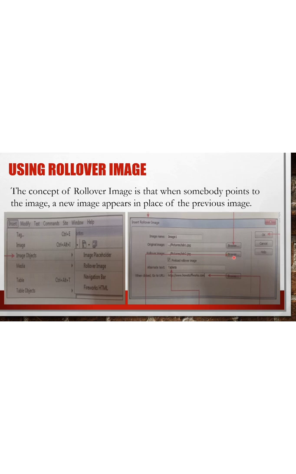If you click on the browse button, you will be able to get the rollover image. Then you have to click on OK. Then you will be able to see the new image, that is the rollover image. Clear? So the concept of rollover image is that when somebody points to the image, a new image appears in place of the previous image.